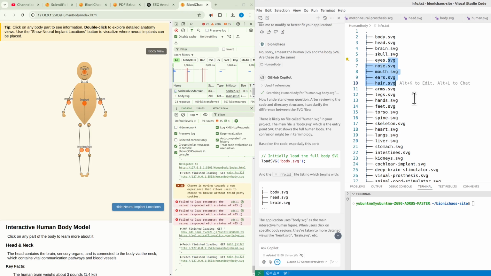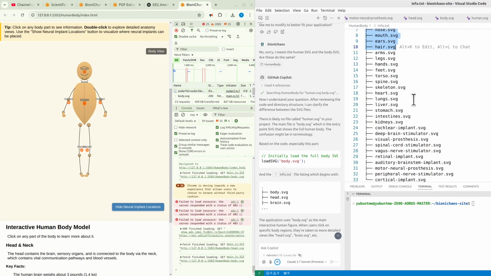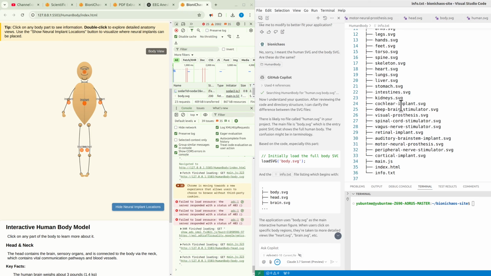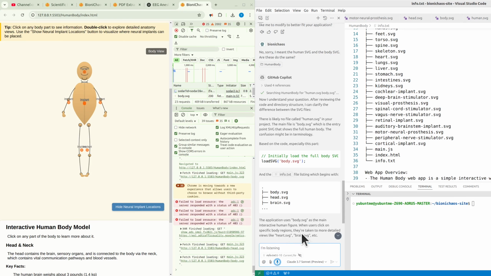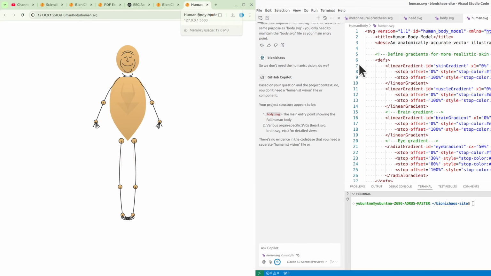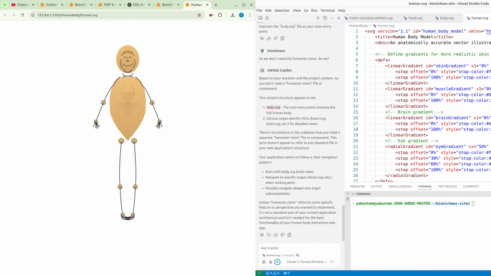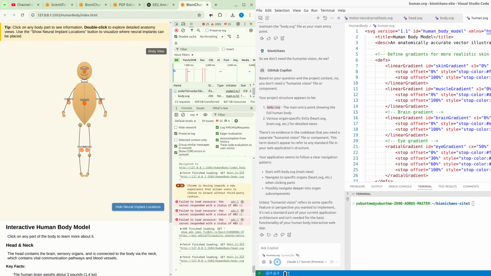The main file is body.svg, which is the entry point SVG that shows the full human body. The confusion might be in terminology. So we don't need the human SVG, do we? Based on your question and the project context, no, you don't need a human SVG file or component. Your project structure appears to be body.svg, the main entry point showing the